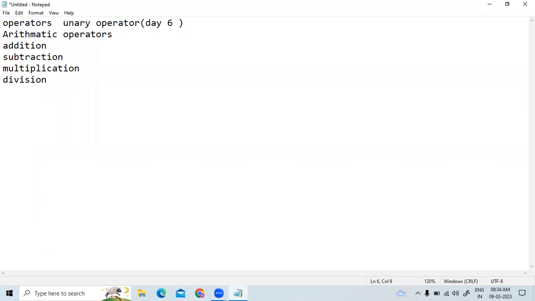These are the different operators that are used to perform arithmetic operations. So first of all, directly we'll move towards